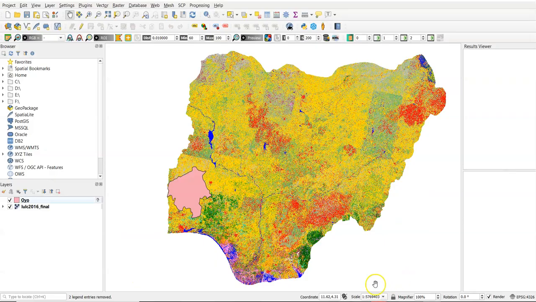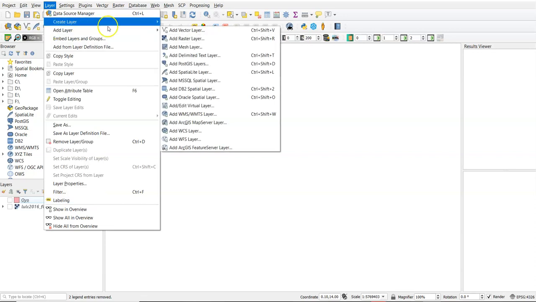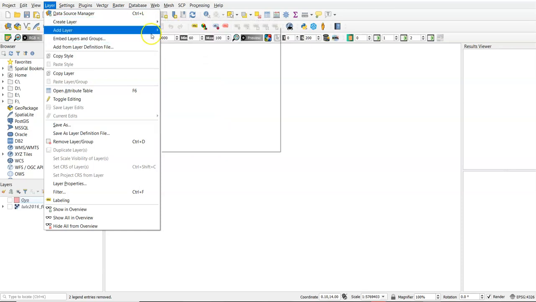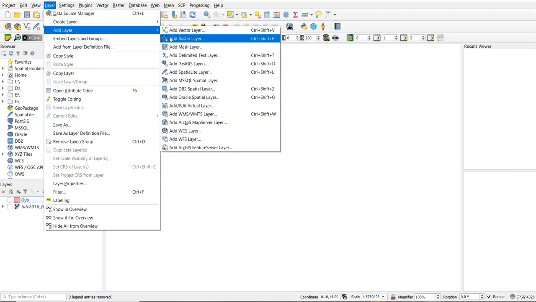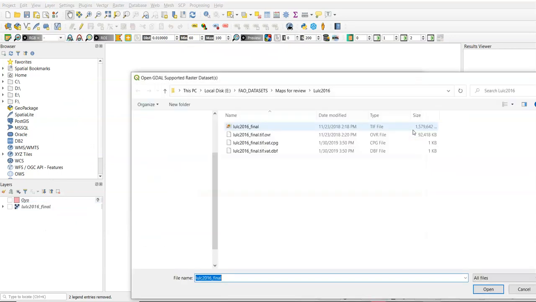Today we open QGIS. We can load the data through the Layer menu. You can load the raster data through Layer, Add Raster. Here you can navigate to where your data is, and then select.